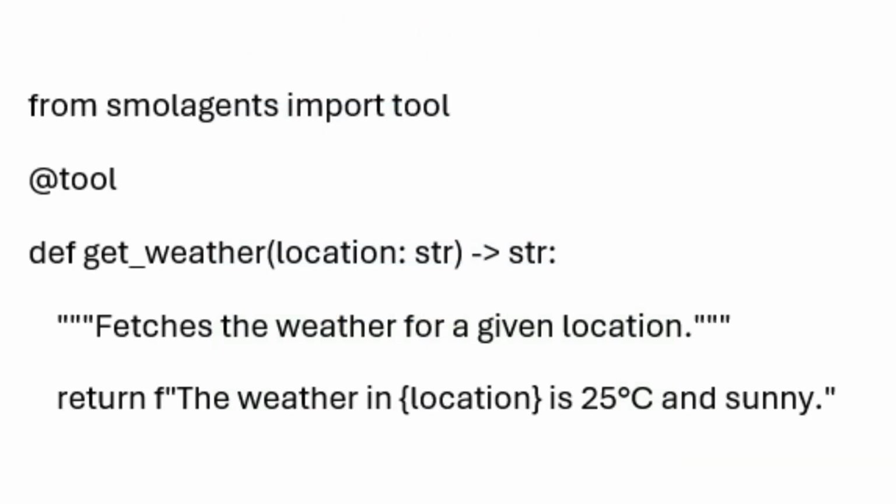Suppose we want to create a tool that fetches the current weather for a given location. Let's break this down step by step. In this example, we're defining a simple weather fetching tool using the @tool decorator. So, let's look at the code. In step 1, the first thing we're doing here is importing the tool decorator from Smolagents. Now, what does a decorator do? Think of it as a label that tells Smolagents that this function is a tool that agents can use. By adding this decorator, we're making sure that our function is recognized and accessible by AI agents within the Smolagents